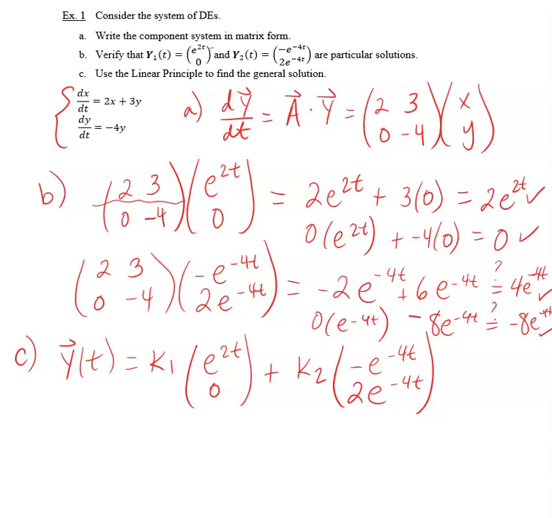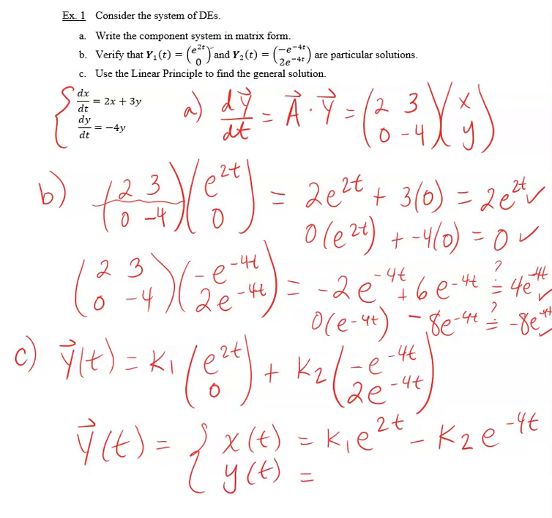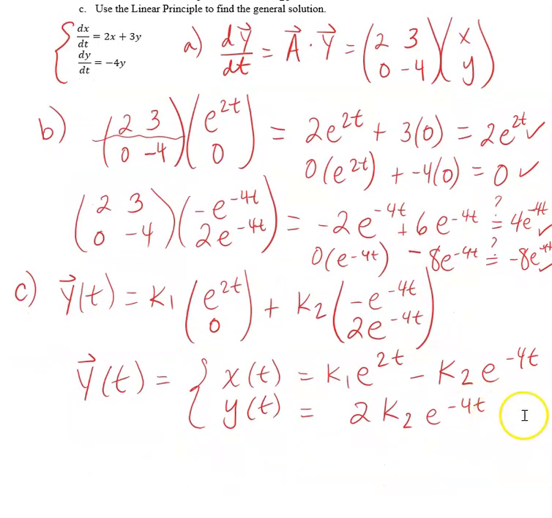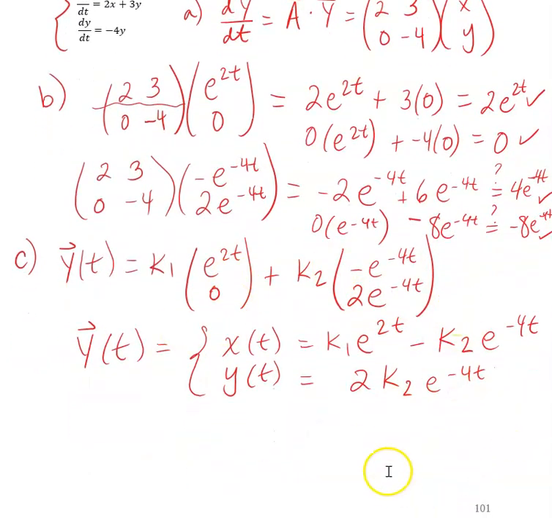If you were to write this in component form, if they said to write your answer in component form, just for good measure, let's do that real quick. We would say that my system is x of t would be equal to K1 times e to the 2t, and then minus K2 times e to the negative 4t, and then the y component would be written as 0, of course, for that first term, and then 2K2 e to the negative 4t. These are equivalent answers, and unless they specify a certain format, either of these would be acceptable for your answer